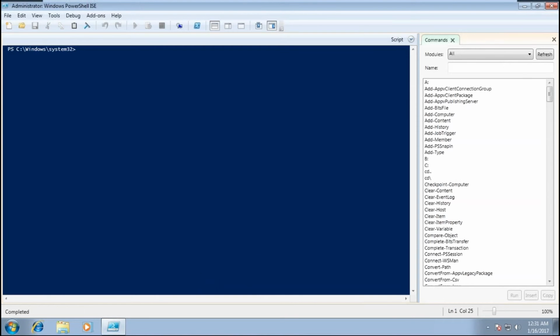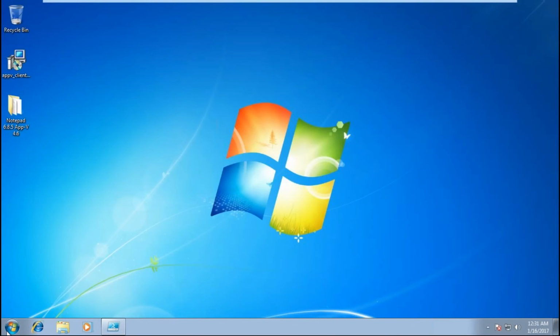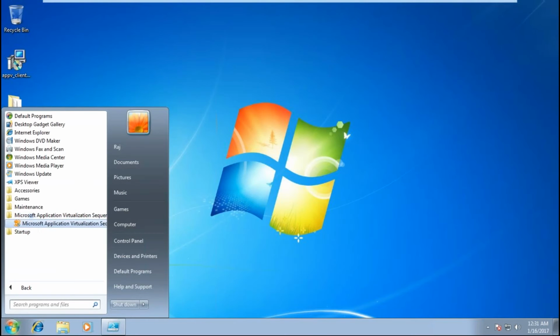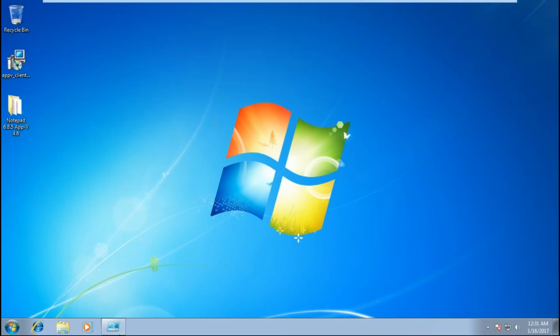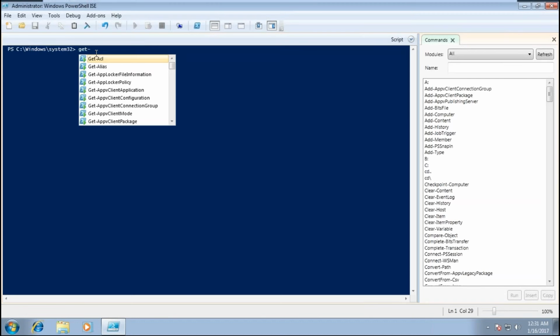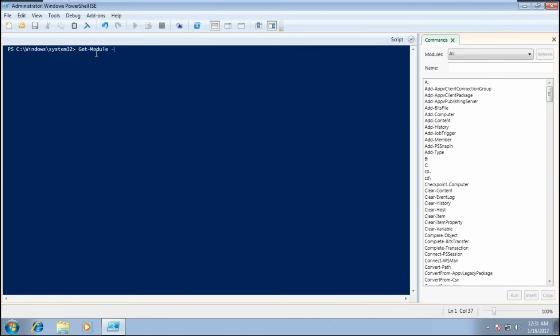Let me show you. I have my machine, and I already have the APPX 5.1 sequencer installed. Now let's look at whether I have the APPX converter already loaded. To check this, use Get-Module -ListAvailable, which gives you the details of the modules already loaded on this machine.